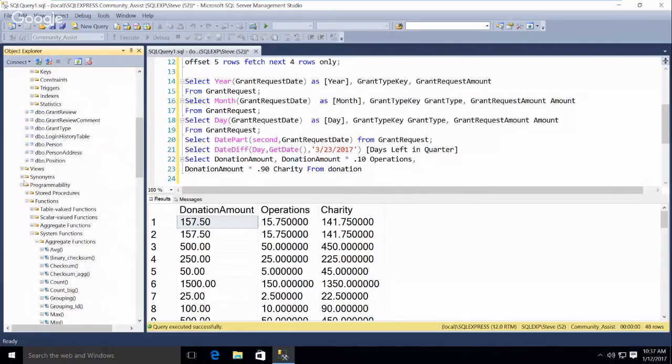I did it in this database, but they're there in every database. They're part of the standard, they're just available. We're not going to, but you can add functions to the system functions, but you have to write C#. That's the only language it works in. It might work in C++ as well. But you can extend SQL Server. You can add functions. You can add data types. You can add things to SQL Server. That being said, you have to do it in a programming language, in C++ or C#.